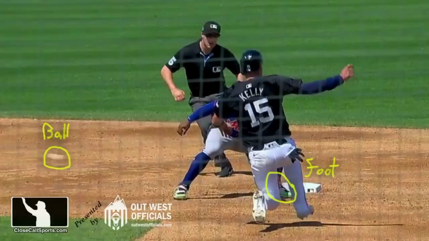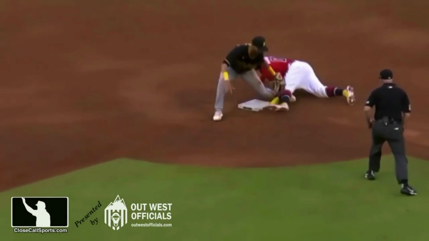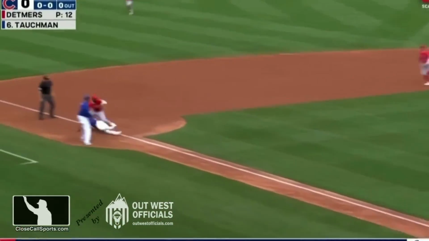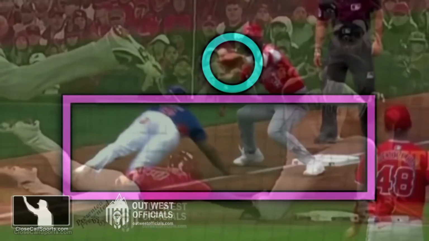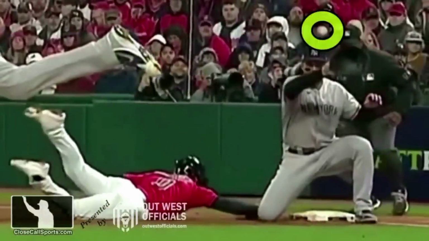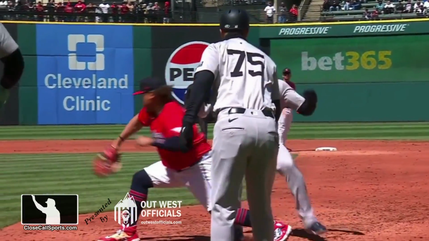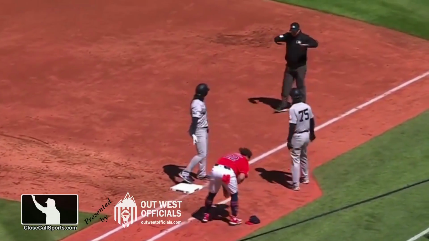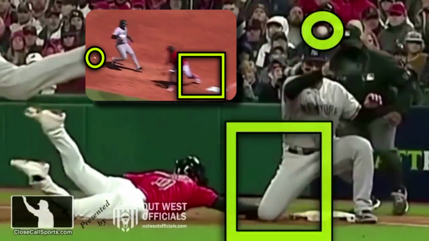Well, one of the new rules is you cannot block the bat. The enforcement of this existing rule was stepped up specifically to target fielders using their leg to block runners without the ball and when they don't need that leg there to field the ball. This looks to be exactly what happened here. Fielders blocking the runner and not holding any balls, so why would replay overturn this umpire's adamant safe call? Compare the example obstruction and this play, they look really similar.